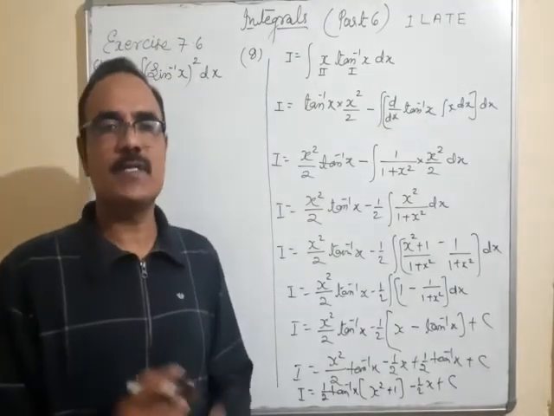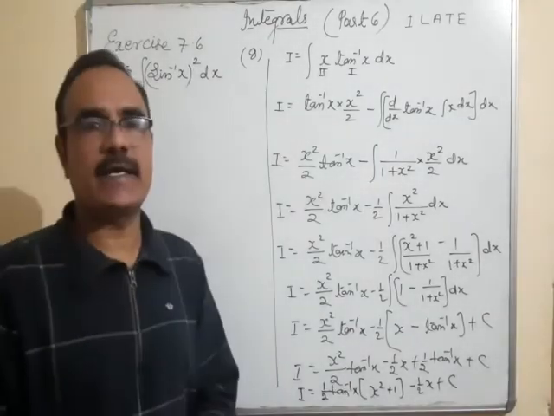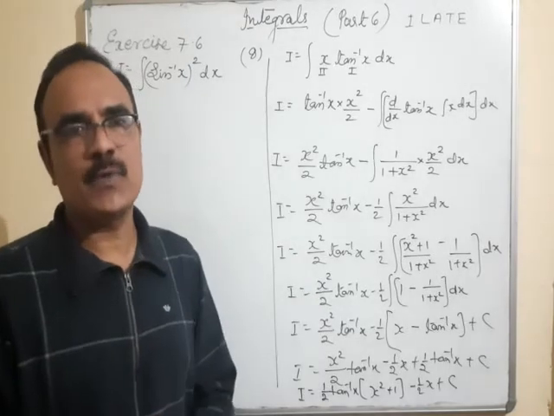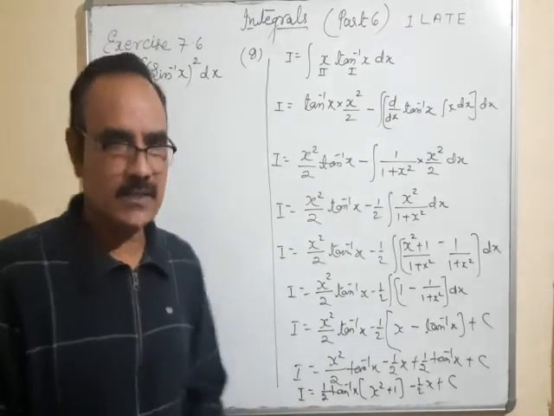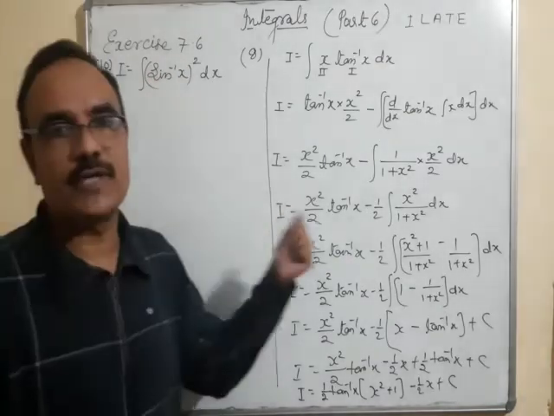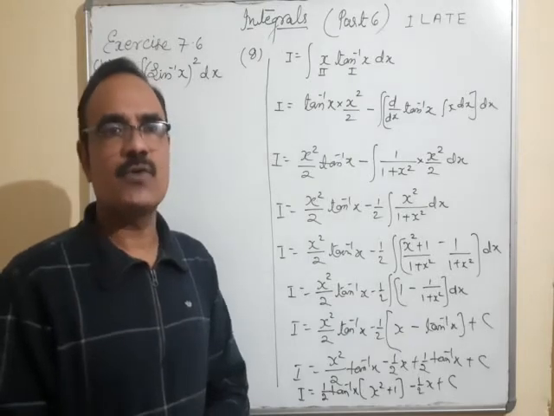Integration by parts, that means we need two functions. But here you can see that there is a single function, sin inverse x square. But the problem is we don't know what is the integration of sin inverse x. And this is not a rule that consider sin inverse x is equal to t and solve it. That also cannot be done. So in such conditions, you know what should be done?